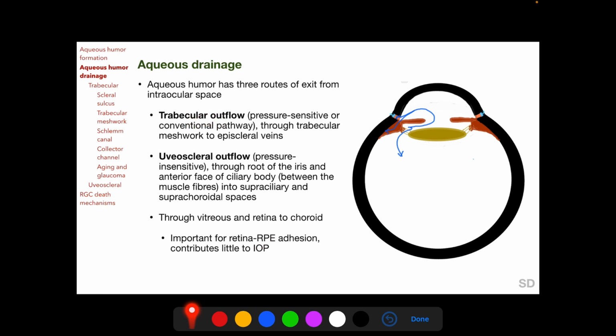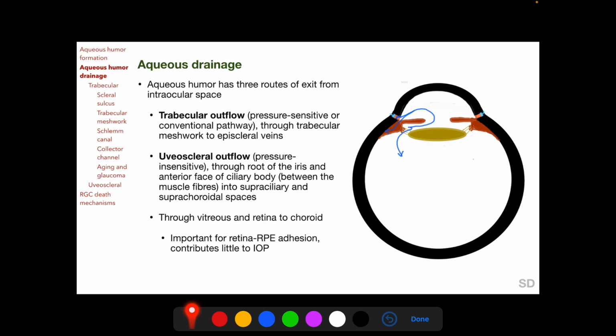The trabecular pathway is called the pressure-sensitive or the conventional pathway, and in this pathway the aqueous humor passes through the trabecular meshwork and the Schlemm's canal to the episcleral veins. The uveoscleral pathway is called the pressure-insensitive pathway, and in this pathway aqueous humor exits through the root of the iris, the anterior face of the ciliary body between the muscle bundles of the ciliary body into the supraciliary